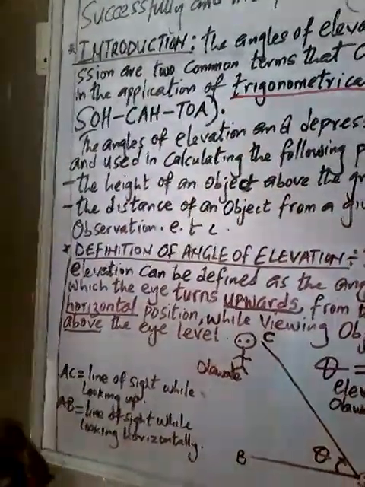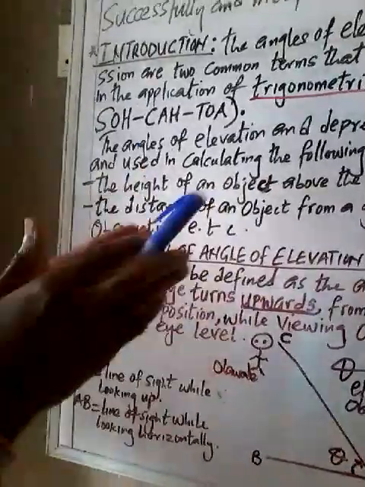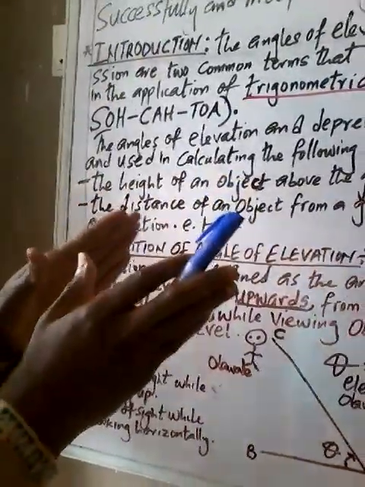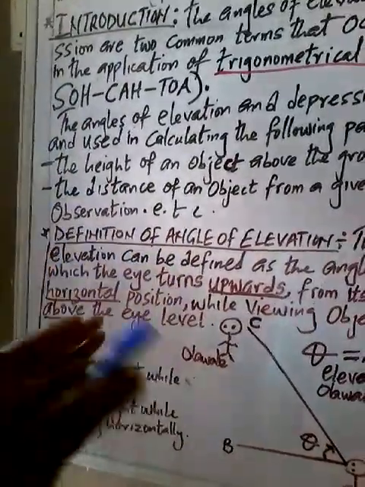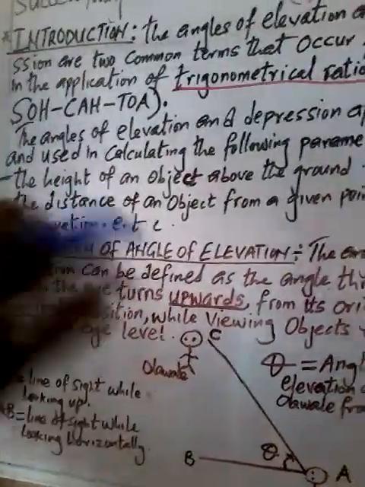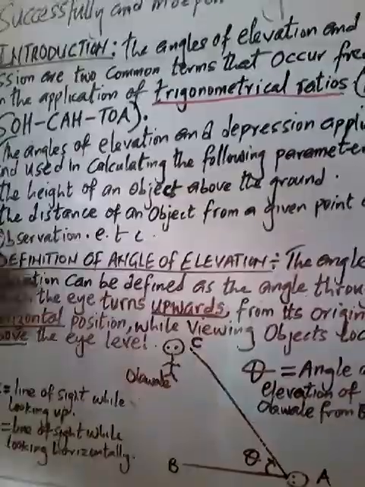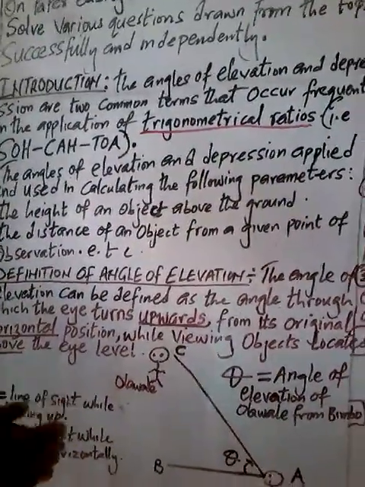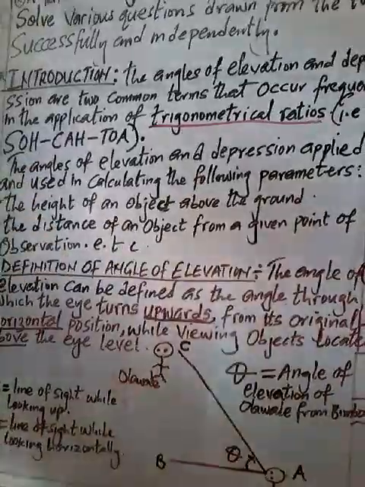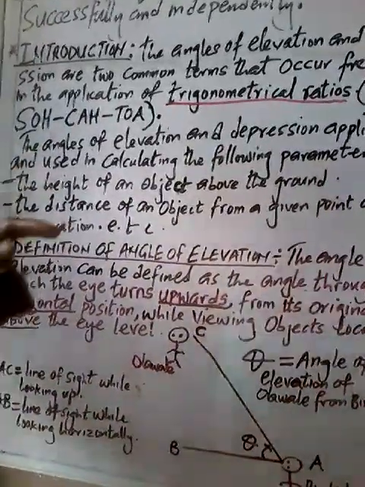angled triangle. So what we base this angle of elevation and depression upon is all based on a right angled triangle. No matter what you are sketching, the end point will be a right angled triangle that you will solve easily using your SOHCAHTOA. The angles of elevation and depression